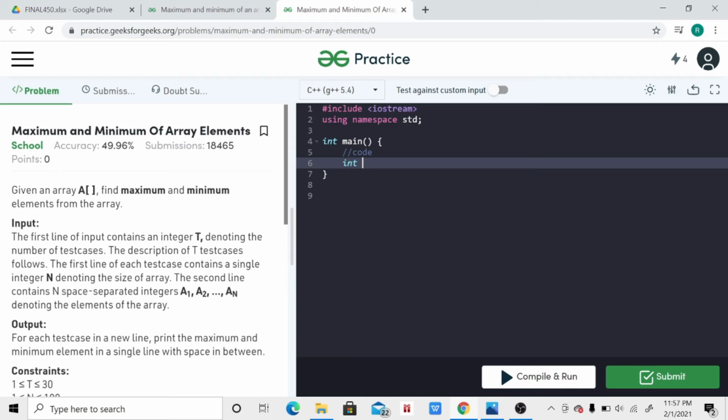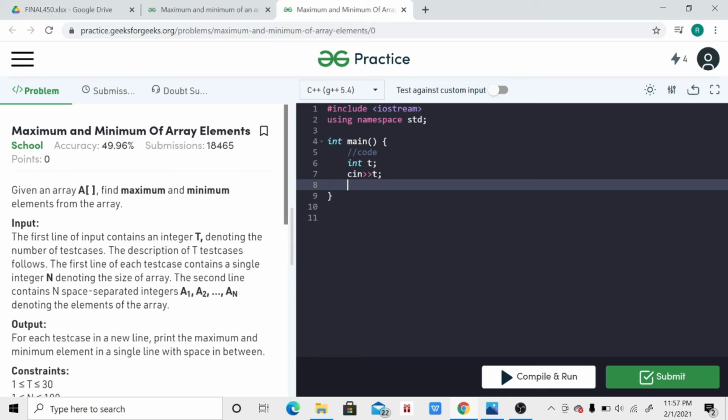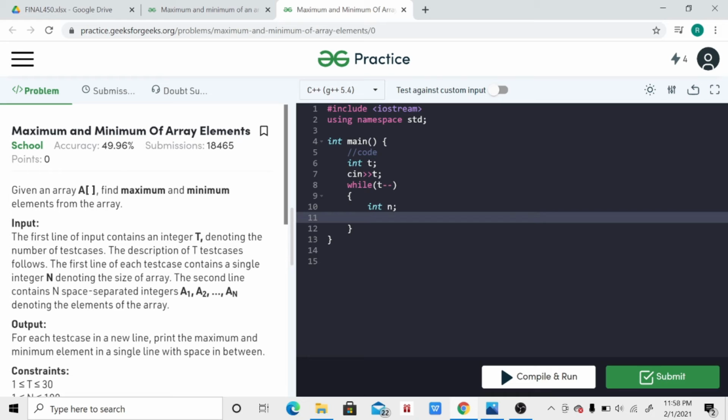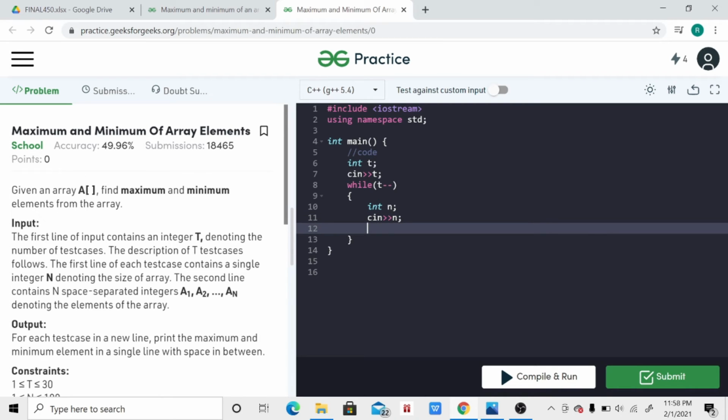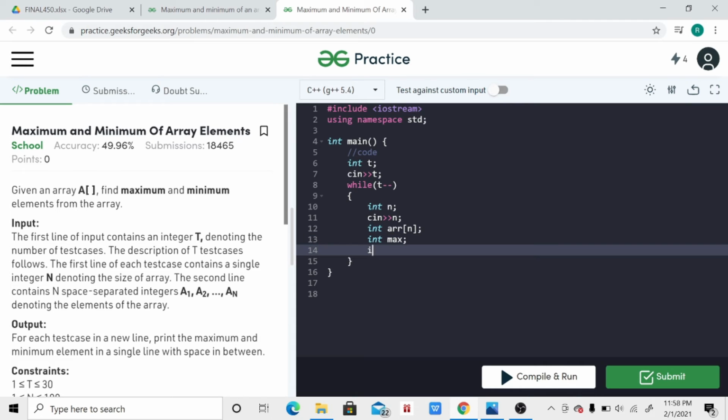First of all we'll take int t, which is for test cases. We'll input this t, while t minus minus for all the test cases that we will see. Now int n for the number of elements in the array, cin n. We'll declare an array of size n, and then we'll declare two variables, that is max and min.